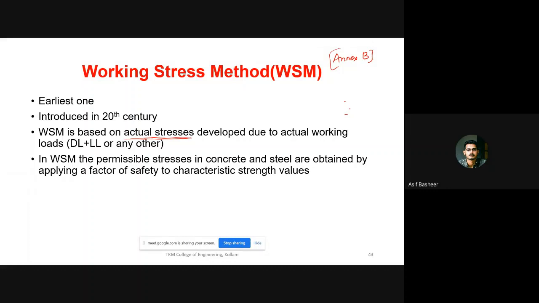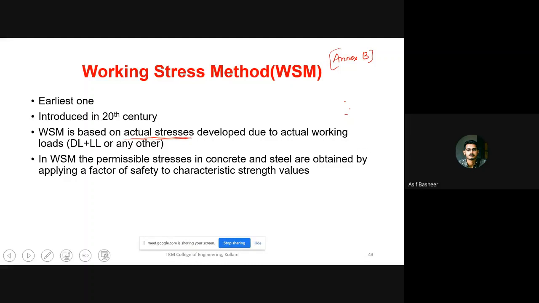It won't take much. So what is the problem in this? If I'm drastically reducing the strength of the material, Sri Lakshmi, can you tell what is the problem? What will happen? Sri Lakshmi, if you are hearing, can you please tell me? More materials will be used. A large amount of material will be used, which will be highly uneconomical for the client or for the design purpose. If you are reducing the strength of the material to a larger extent, the material consumption will be very high, isn't it?